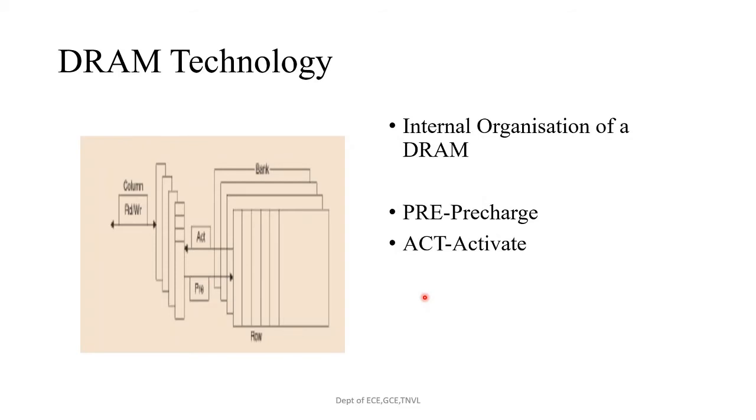So this is the internal organization of DRAM technology. Modern DRAMs are often organized in banks. If you see here, these are all the banks. Typically there are four for a specific type, that is DDR3. Each bank consists of a series of rows. Here, this is the signal PRE, the pre-charge. This command opens or closes a bank.